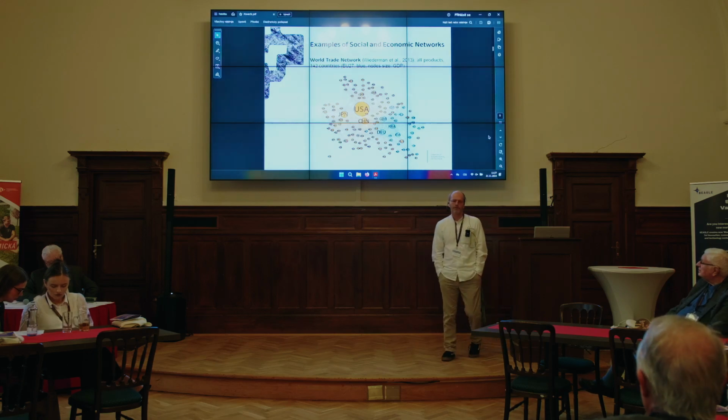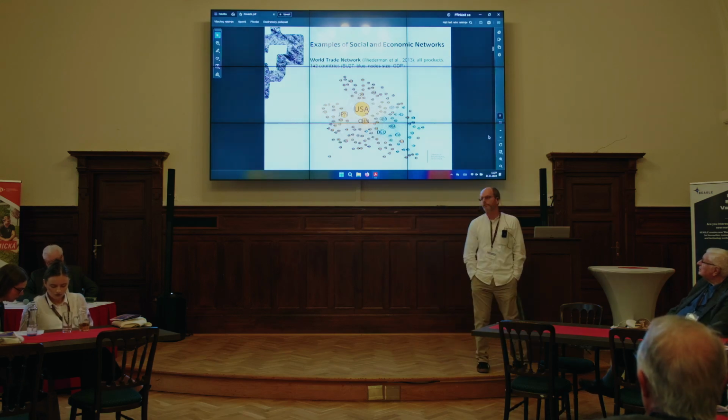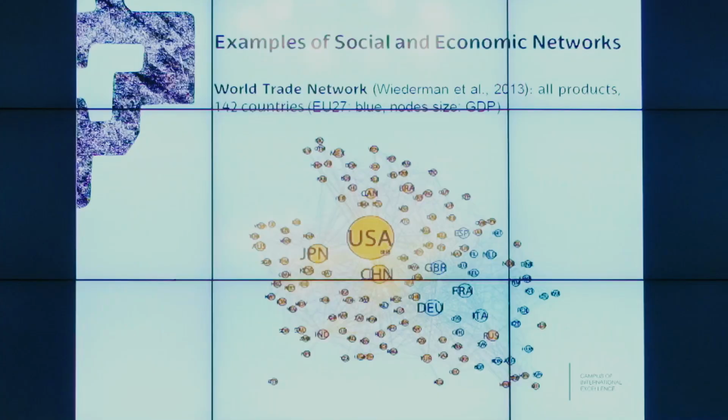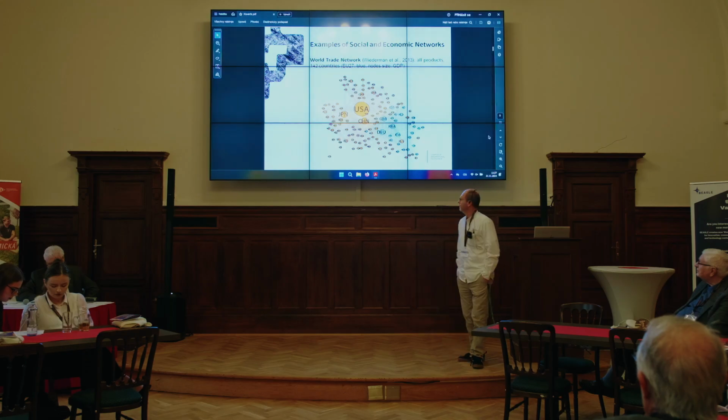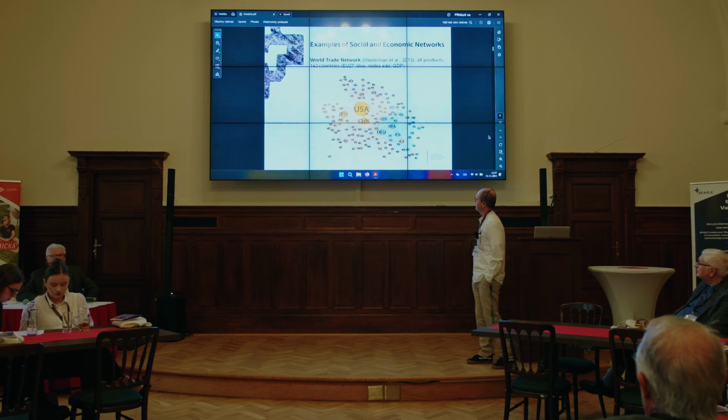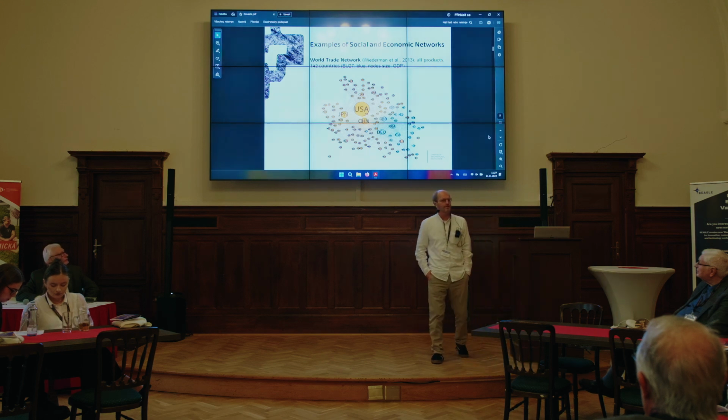Okay, is it useful for economics? Well, this is an example of the World Trade Network. You cannot really see anything. The network has a lot of properties we can use to describe it, but this is just an example. This is the World Trade Network showing roughly, for example, the hierarchy in world trade. US, China, Germany are the dominant countries. Probably Czech Republic will be somewhere there. The resolution is not good enough to see that.